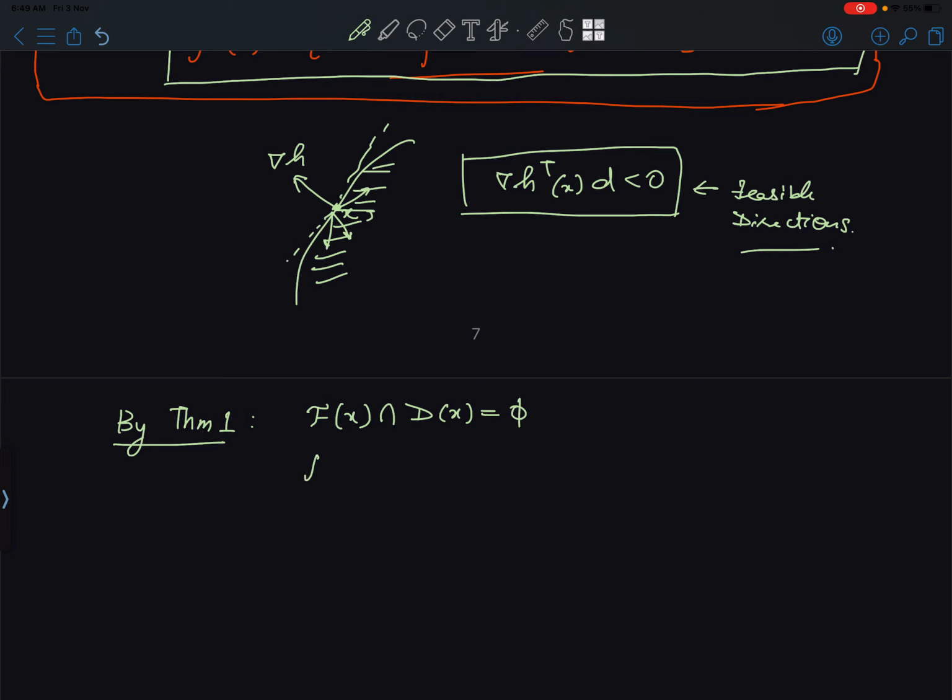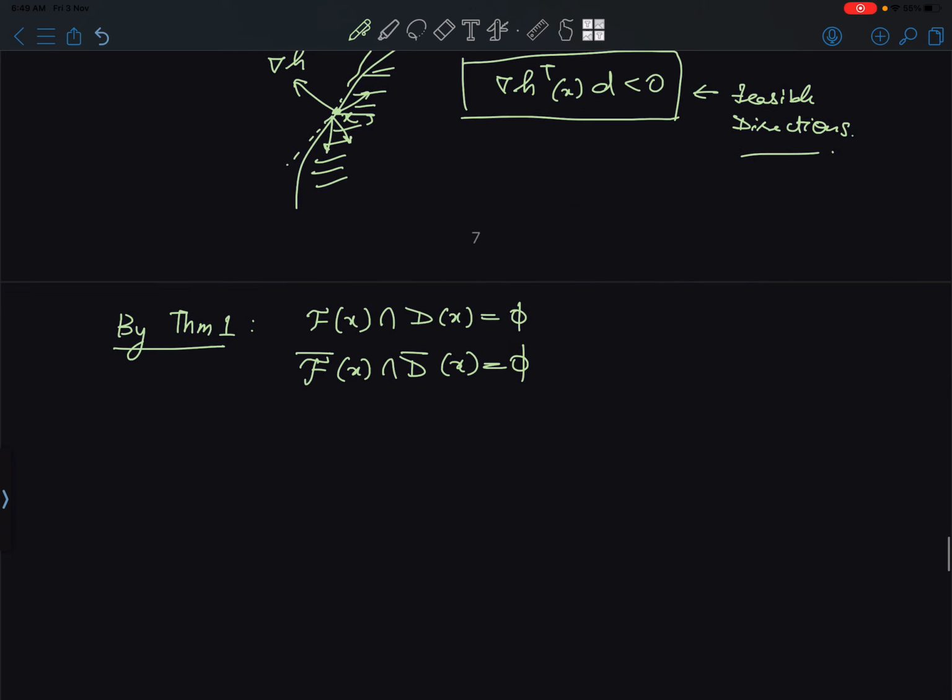So f bar of x intersection d bar of x should also be a null set, right? So the result is that if my x star, sorry, here it should be x star,